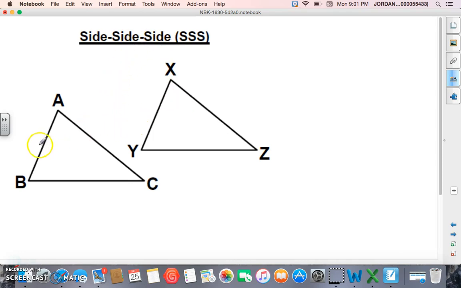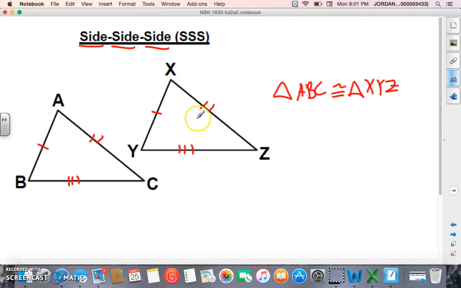triangle. So right here, if we see one tick mark on AB and one on XY, that tells us that's congruent. So that's one side that's congruent. And we see two tick marks on AC and two on XZ. Now we know, oh, well, AC is congruent to XZ, so we've got two sides congruent. And then if we see 3 on BC and 3 on YZ, we know our third side's congruent. So once we know all three sides are the same length as the three sides on the other triangle, we know that triangle ABC is congruent to triangle